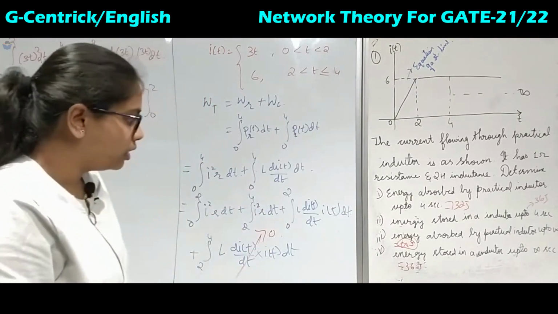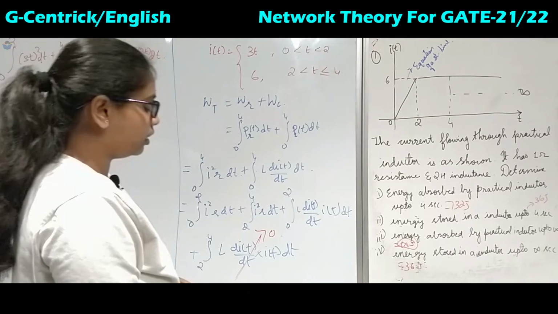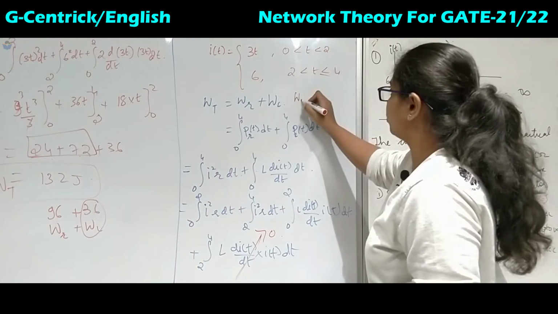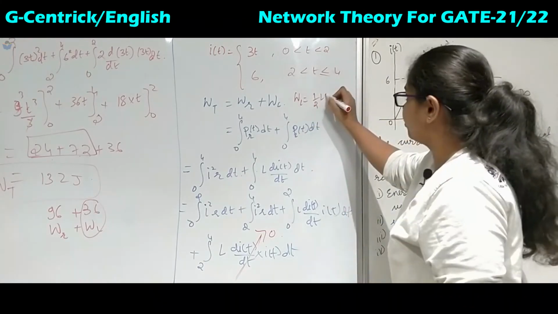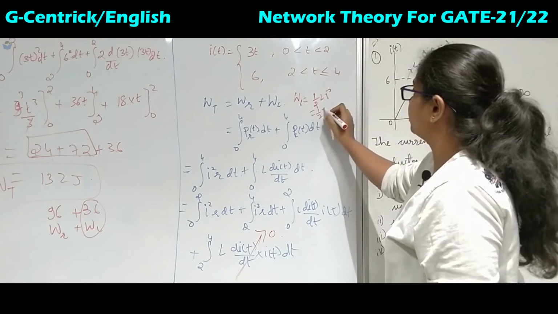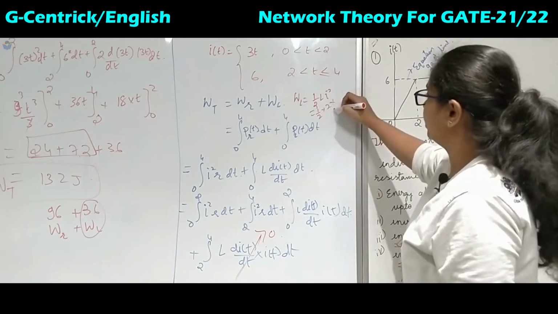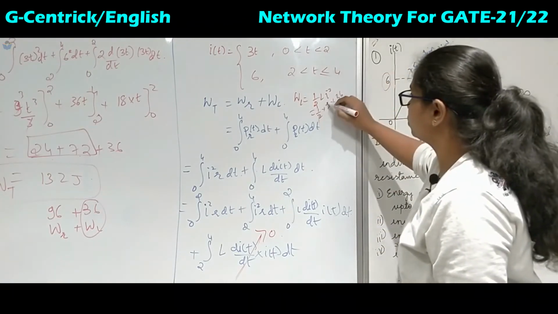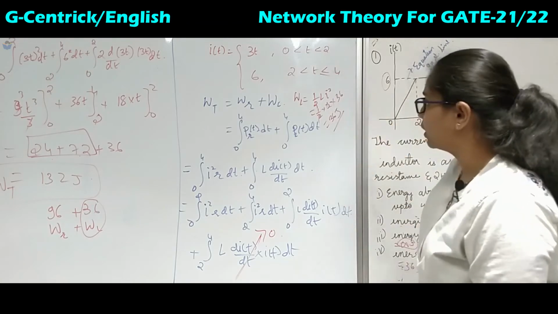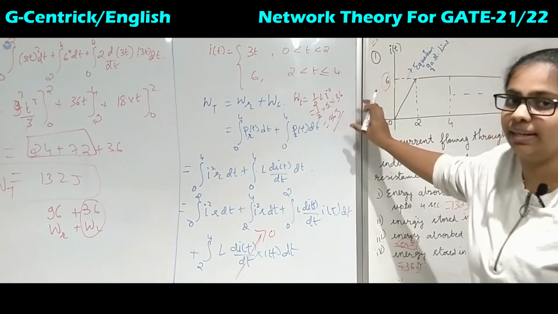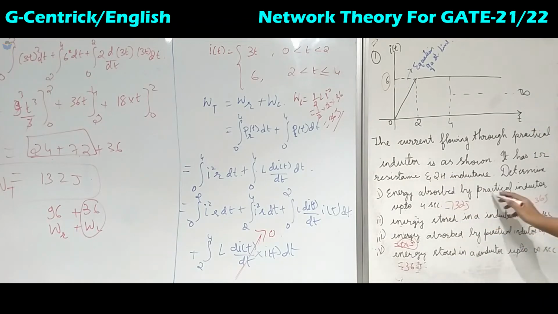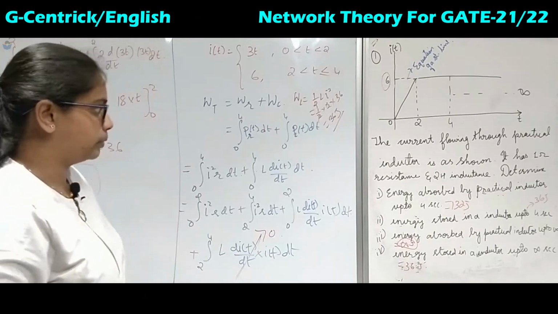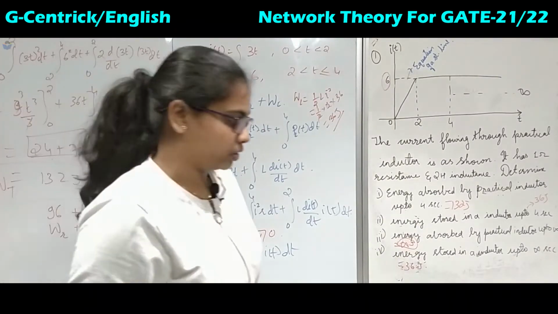So this is the method to approach the graphical question. There is one more shortcut trick. We know the energy formula for the inductor is half L i square. We have half into the value of inductor, 2 Henry, and the value of current is 6. So 36, 2 gets cancelled, 36 joules. This is only for the energy stored in the inductor, but when they ask about the practical inductor, then you have to go in this way. There is no direct formula for that one. So we will take up the next question.